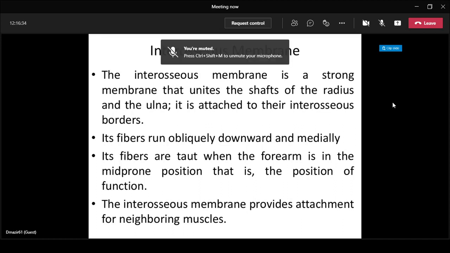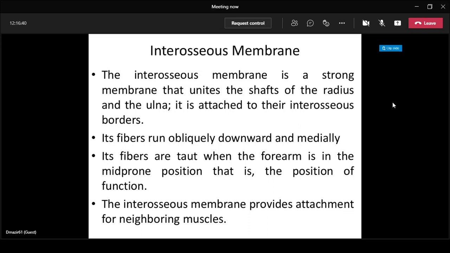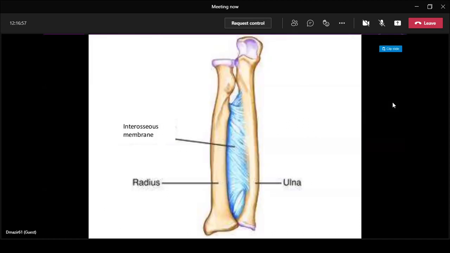Another major function is that it transmits the thrust from a fall on an outstretched hand from the radius to the ulna, because the upper end of the ulna, its joint with the humerus, is a hook-like structure. So the thrust is transferred from the radius to the ulna and then to the lower end of the humerus. So this is the interosseous membrane of the radius and the ulna, and as we can see, the fibers are running